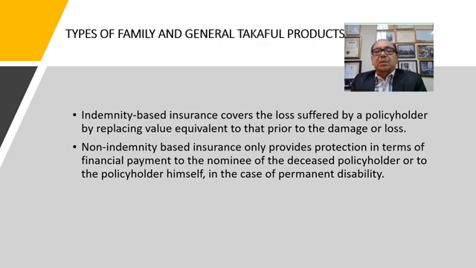If after the accident you're totally incapable, but you didn't die, they pay you a certain amount of money. So this is what they call indemnity-based insurance cover. They indemnify part by part of your body, or if you're dead. So that is one type of insurance. We call it life insurance, the life insurance policy in the conventional type.